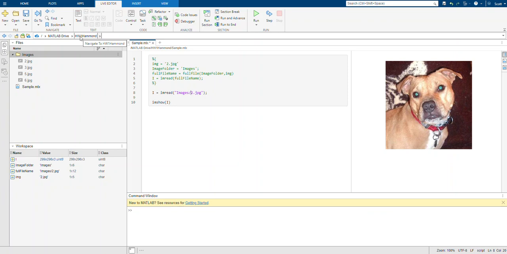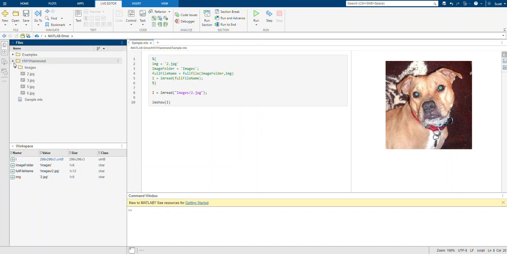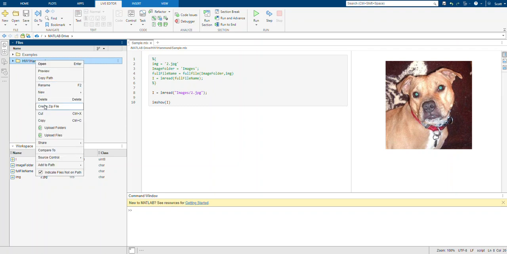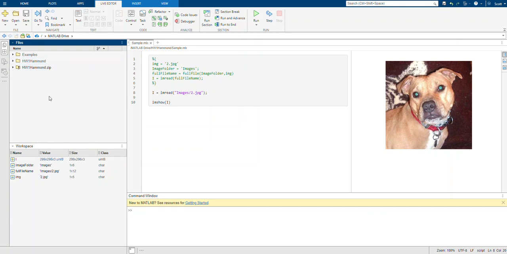See, I've got mine named HW1 Hammond, and then when the time comes, I just come up in the hierarchy, collapse everything down, right click it, create a zip file. Boom, there it is. There's what I would end up with if this was all done, did what it needed to do, because now